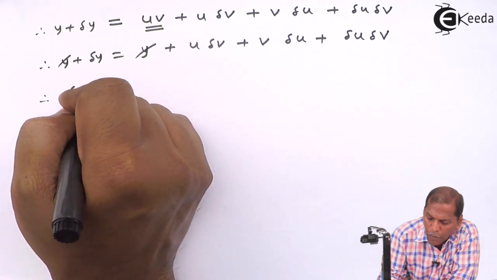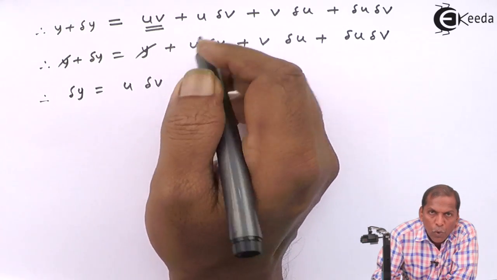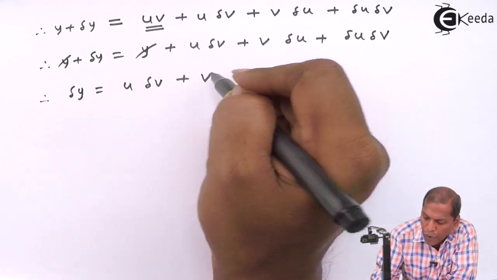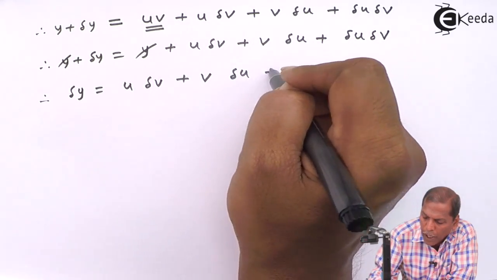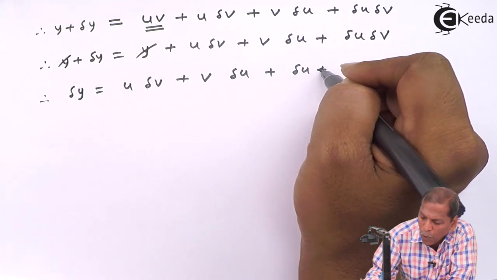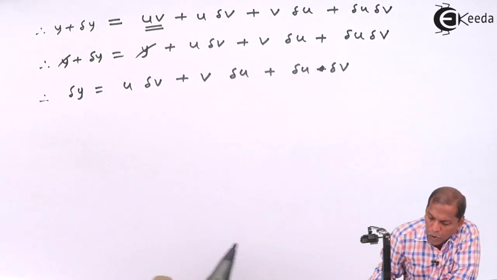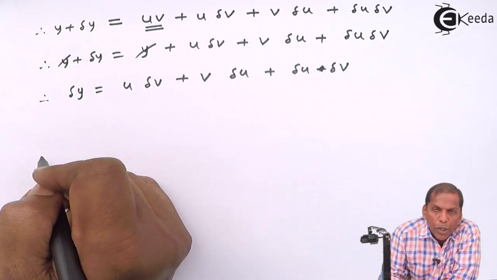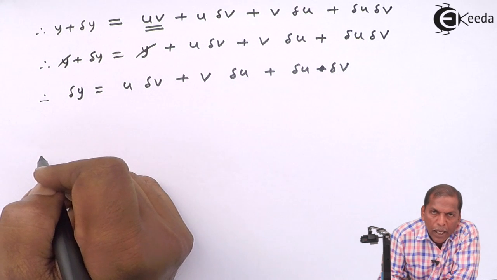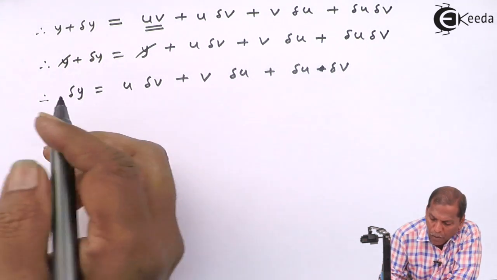The next step will be delta y is equal to u into delta v plus v into delta u plus delta u into delta v. Now dividing both sides by delta x and taking limit as delta x tends to 0, we get